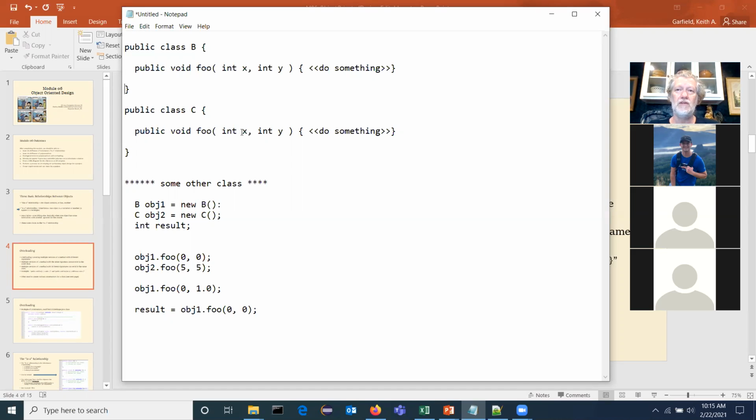It has nothing to do with the legality of Java, or will it compile, will it not compile? It's all about design choices. So if you think that, because of the clarity of what the method is doing, it deserves the same name, by all means do it. In fact, there may be some code understanding there. If you find that the same behavior has the same name throughout all the different classes that do that behavior, that actually may be helpful.